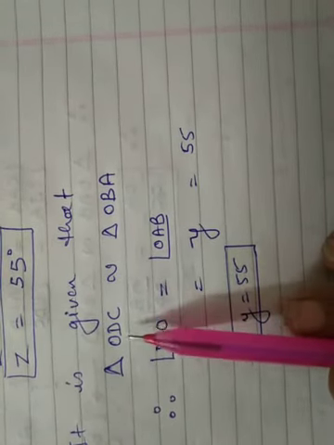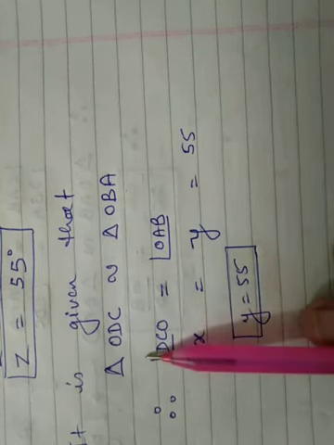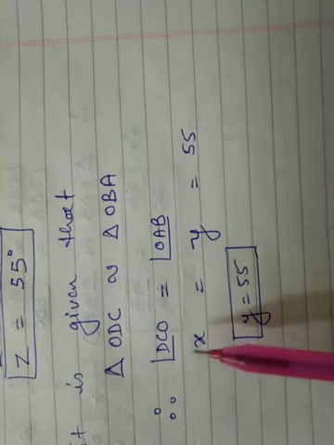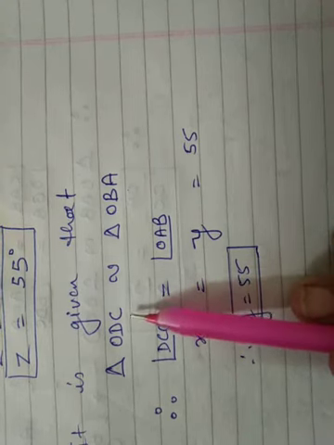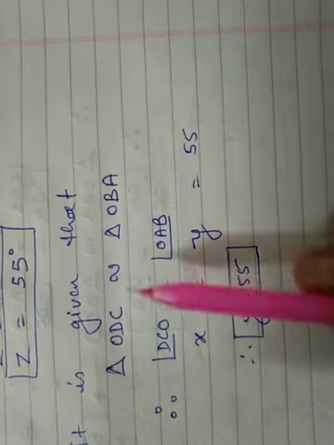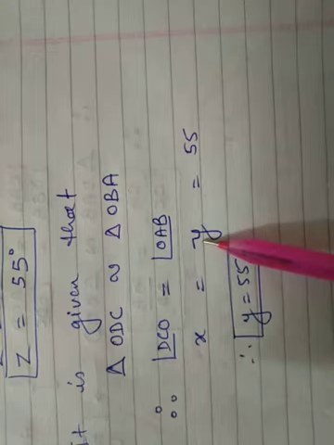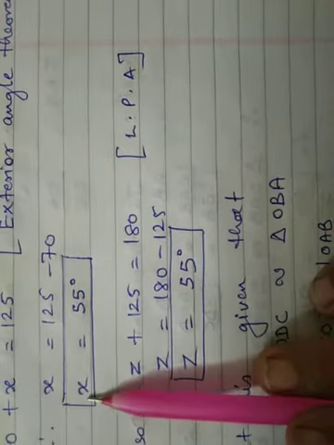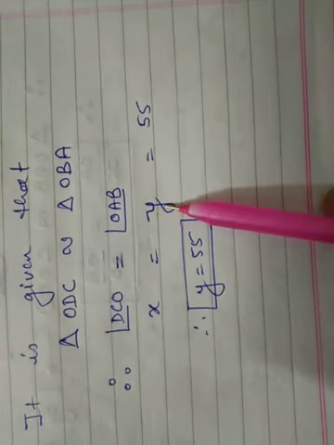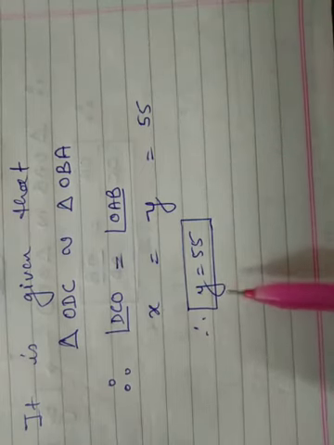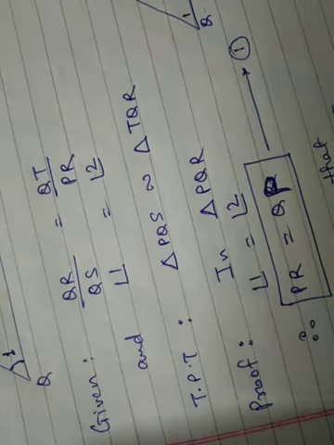So therefore I say that since the two triangles are similar, in those similar triangles all three corresponding angles are equal. So I say that according to the figure, C corresponds to the alphabet A. So C was angle X and alphabet A was angle Y. Therefore x is equal to y, but I have already found out x, that x is 55, and now I say x is equal to y and x was 55, so therefore y is also 55. So this ends the second question.